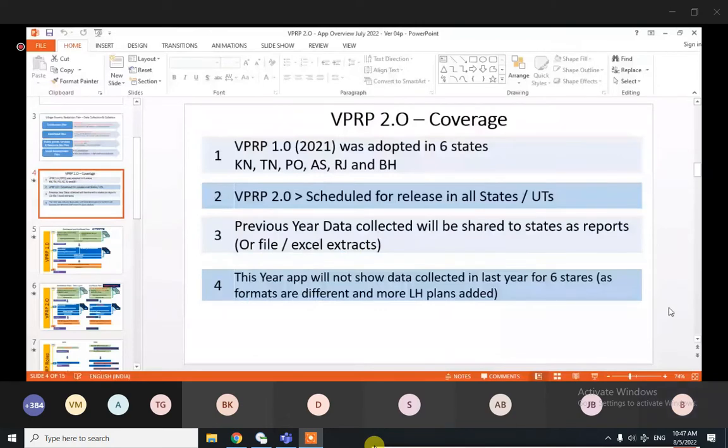The first version of the VPRP mobile application was rolled out in only 6 states, which are Karnataka, Tamil Nadu, Puducherry, Assam, Rajasthan, and Bihar. But in the current year, this financial year,